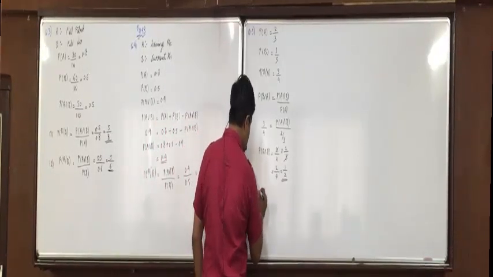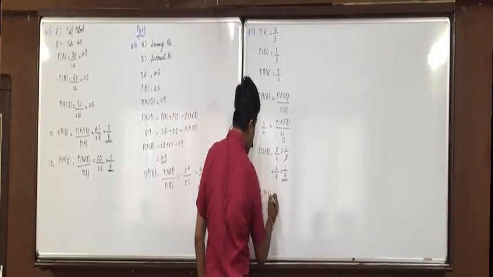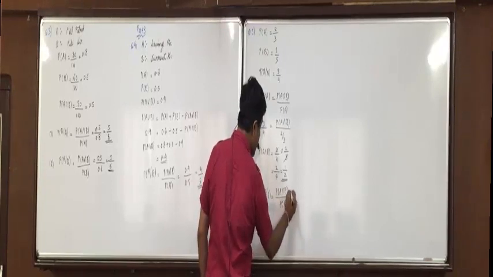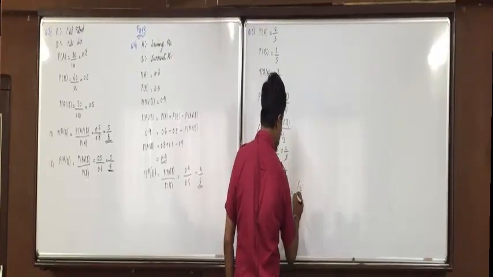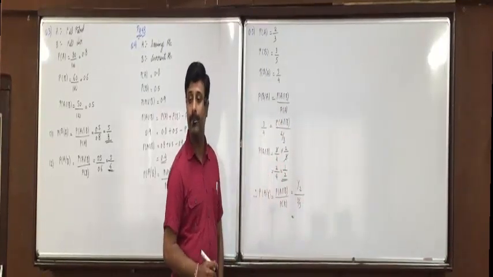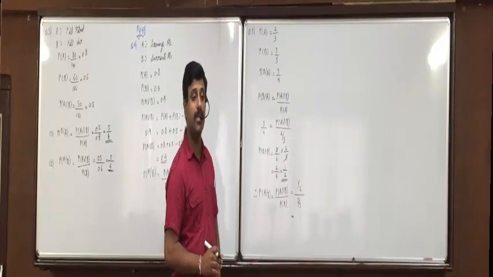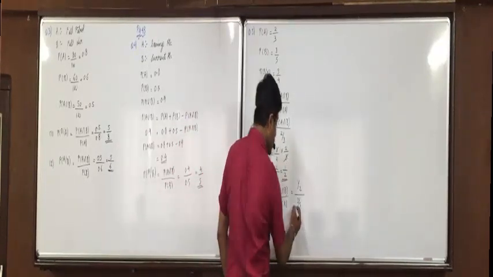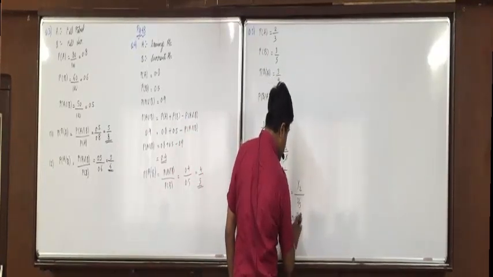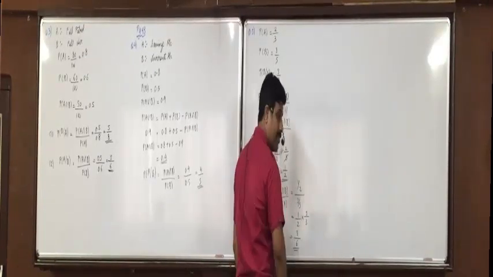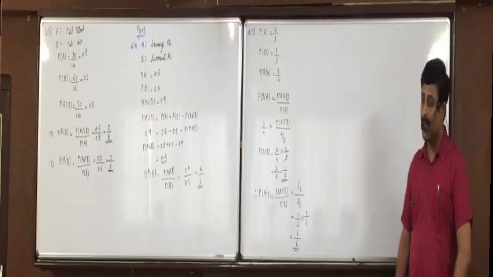And therefore, PA slash B is equal to PA intersection B upon PB. That is equal to 1 by 2 upon what is PB? 3 by 5. Keep silence. A intersection B 1 by 2 upon PB, that is 3 by 5. Now cross multiply, so 1 by 2 into 5 by 3. 5 by 6. It cannot be simplified, so 5 by 6. Understood this, everyone?